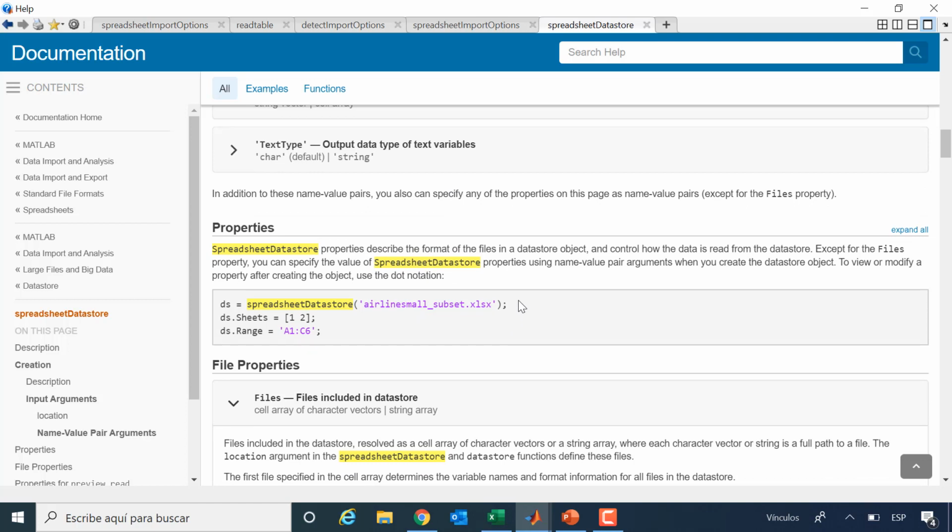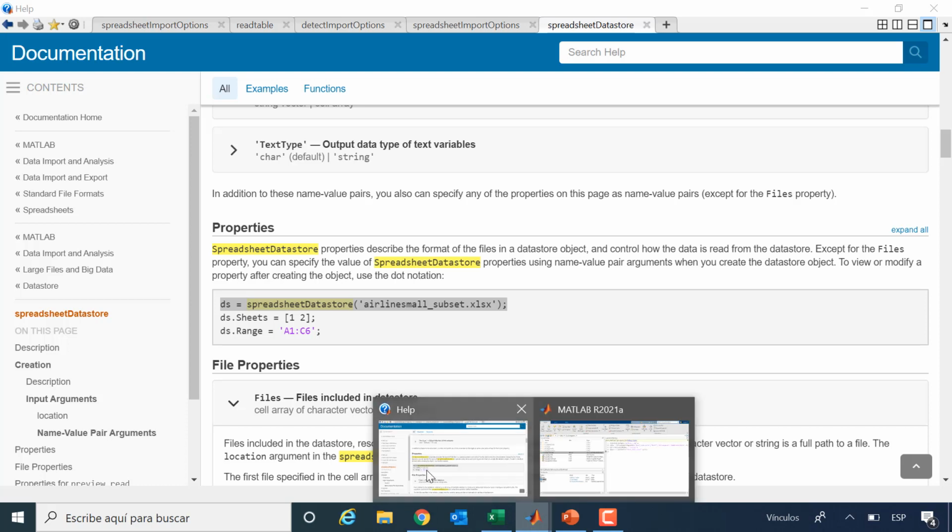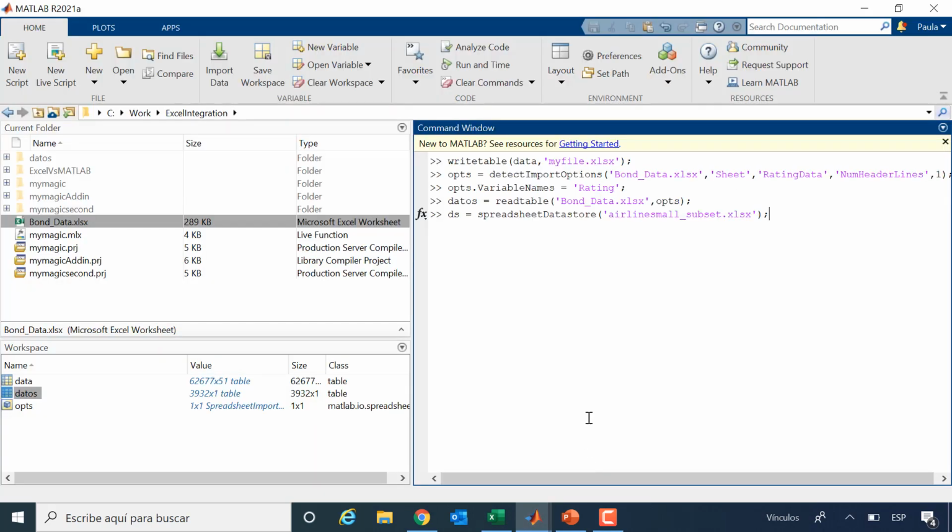This is the one I was referring to. So here, if you run this instruction, by the way, the help is interactive, so you can just select it and then right click and evaluate selection. So it will just run those instructions in the workspace. I can just copy and paste it as well.